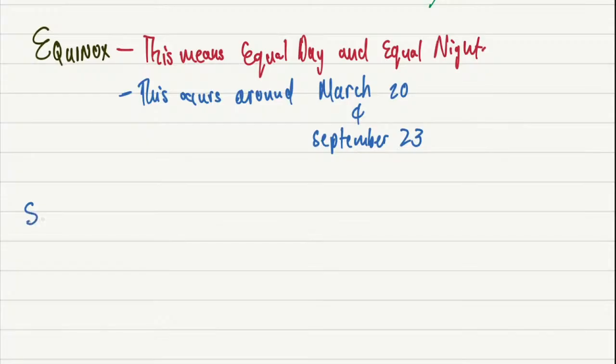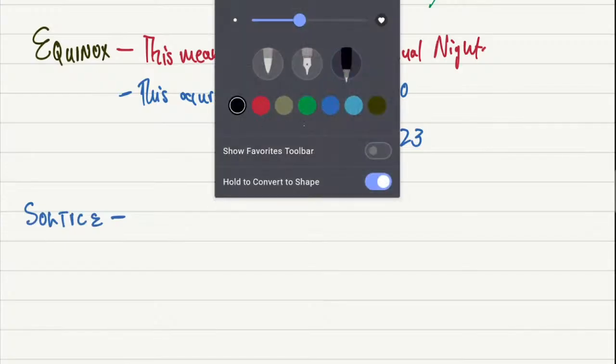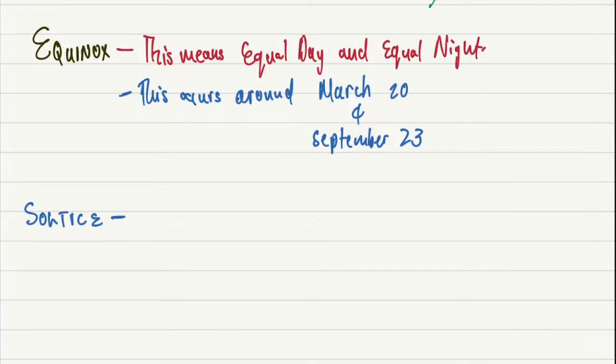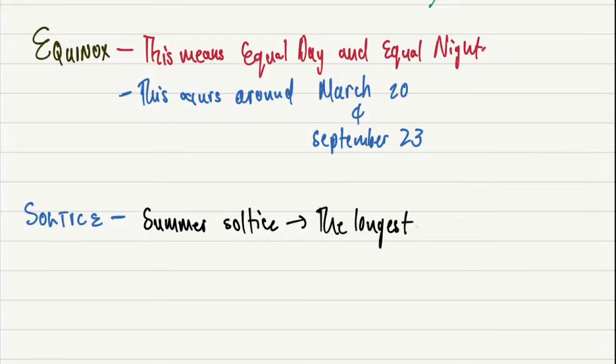Now, what about a solstice? When we say we have a solstice, it means they are not the same. When we have a solstice, it means either the day is longer or the night is longer. And I want you to know that when we say summer solstice, this is the longest day, which means day is very long, night is short. Then winter solstice,